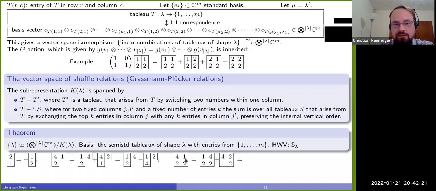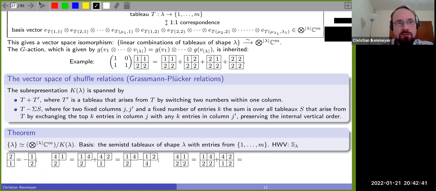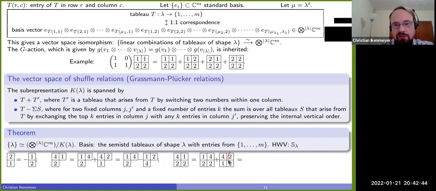Maybe one more here: starting with this tableau, it is not semi-standard because the 1 is on the right-hand side of the 4. But now you can say, okay, I switch the 1 and the 4, and I also switch the 1 and the 2. And now I see, well, this tableau here is certainly going to be 0 because I do have a column here that has a repeated entry. And once you have that, then you see by this example, this tableau is equal to its negative, so it must be 0, right? So this is going to be cancelled.